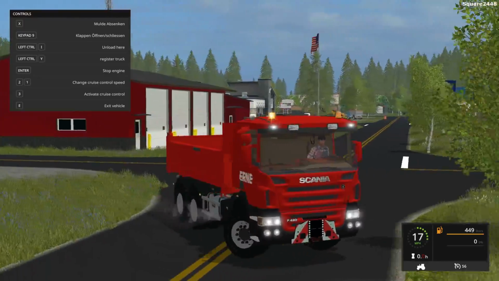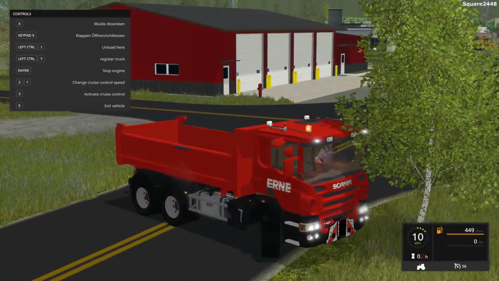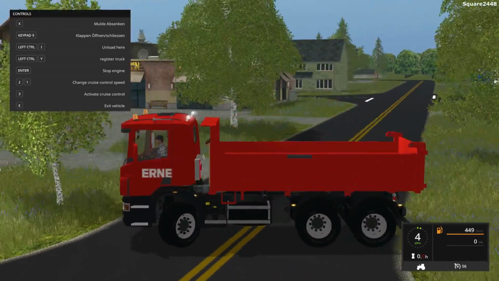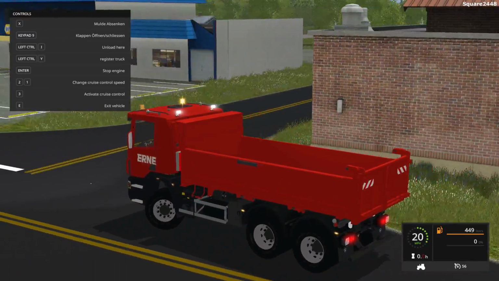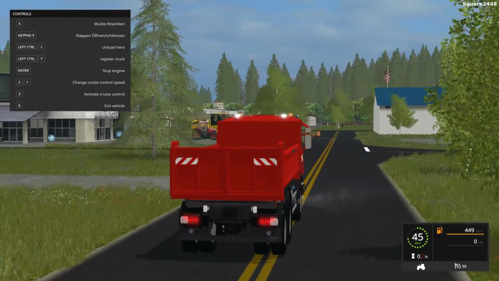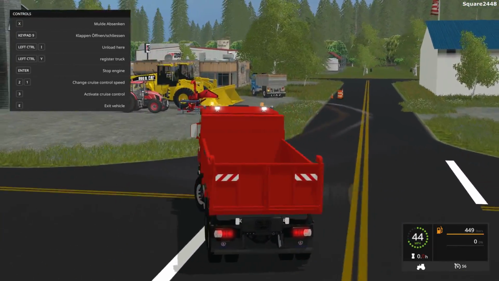So you guys can see it does have fog lights, which are the first one, and then you have to press it again to get the other ones, and it has working lights in the front and back for the final selection. Overall, this is one very nicely done truck,